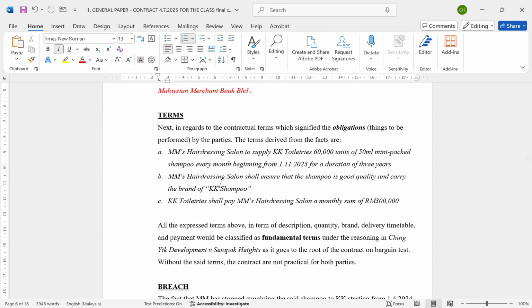What is the meaning of fundamental term, less important term, innominate term? These terms are actually vaguely defined by the court. Because why? Every contract itself, for example, if I am buying a Tesla, my oral contract with the sales representative is that I want a red color premium Tesla. You see or not? The red color and also premium will be the fundamental terms that go to the root